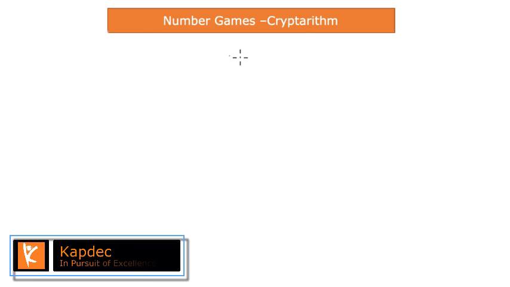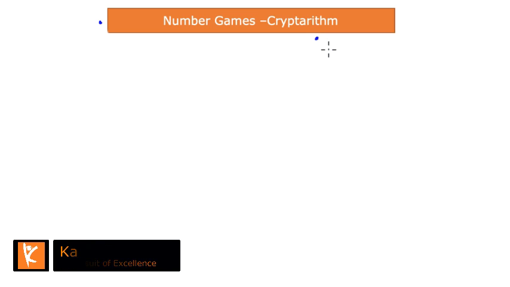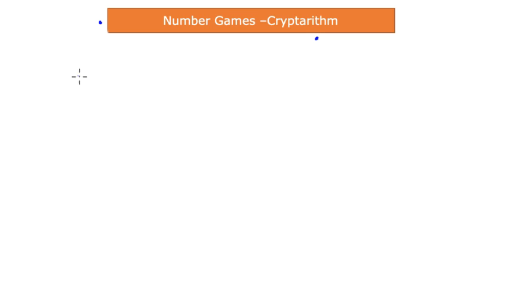So now we will work on some interesting puzzles involving addition and subtraction, and the name of this puzzle is called cryptarithm. What it basically means is that some of the digits in addition, subtraction or multiplication of two or more numbers have been replaced by some English alphabets, right? And the game requires you to find those missing numbers, okay?